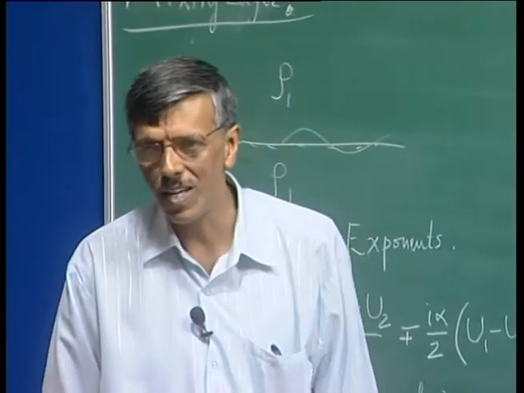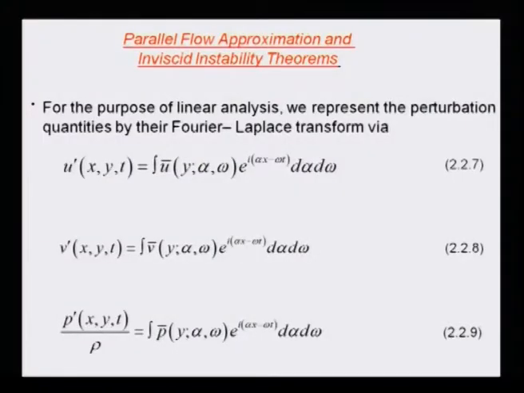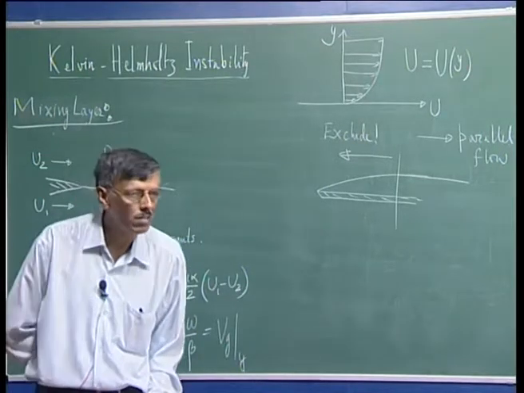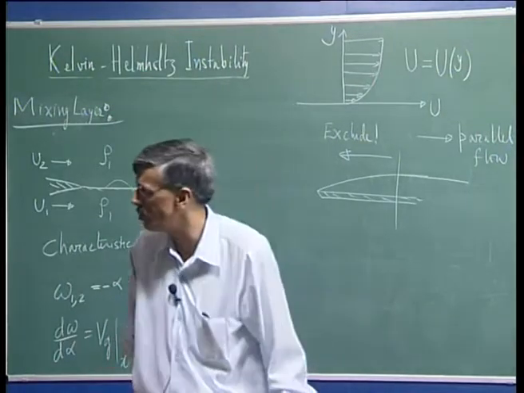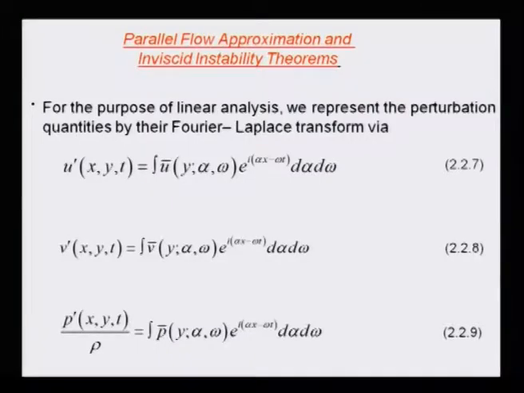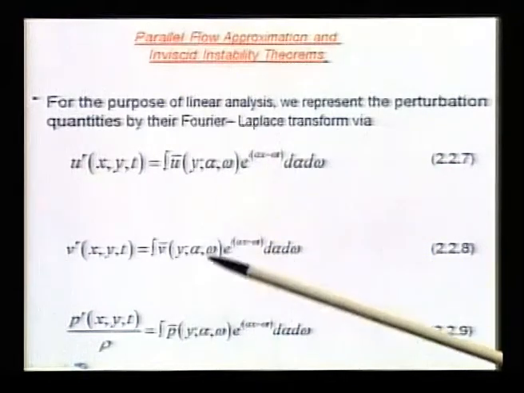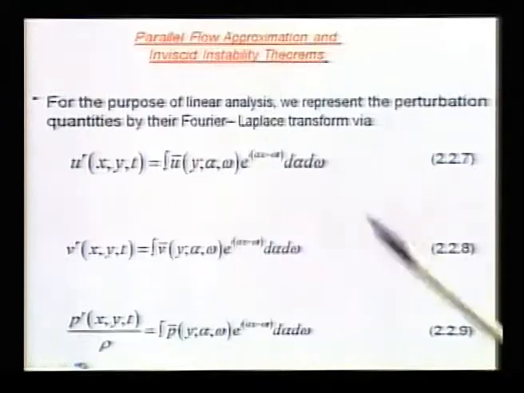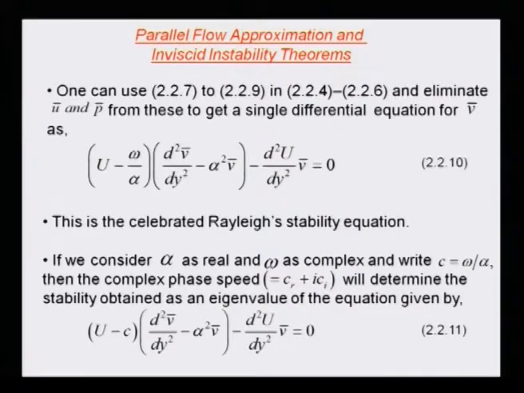What will we see? If I introduce two transforms in x and t direction, and the flow is two dimensional, and if I have a partial differential equation, I would end up with an ordinary differential equation in y, right? That is what we would be doing. So, let us put this description for the disturbance field in terms of their Fourier-Laplace amplitudes u bar, v bar and p bar. Once we have done that, what we need to do is plug this information